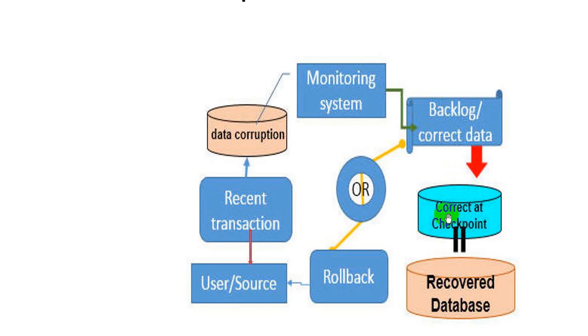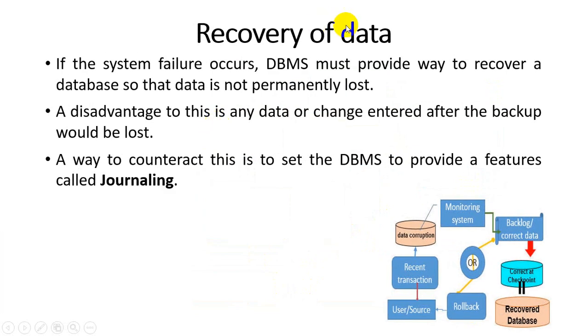As I discussed previously, a checkpoint is a point where we take a backup. So with the help of the checkpoint, we retrieve the particular data stored at the secondary level, not the primary level. We take a backup on a different hard disk, so we verify and retrieve information up to when we took the backup, and use a rollback command. So the user can access the backup data with the help of the recovery of data functionality.